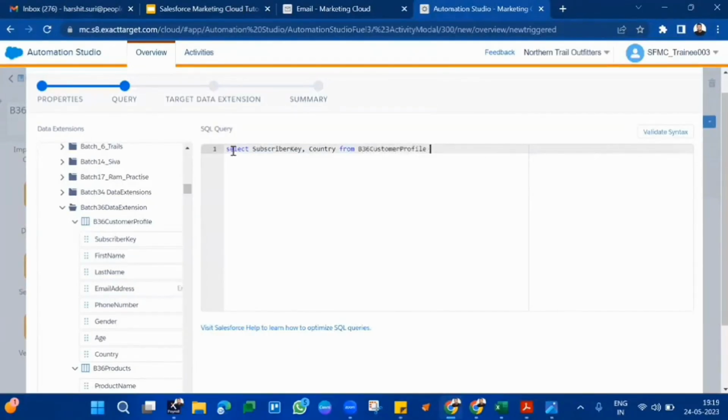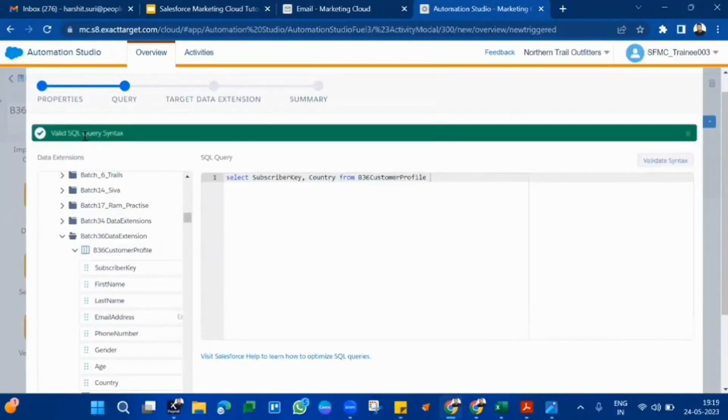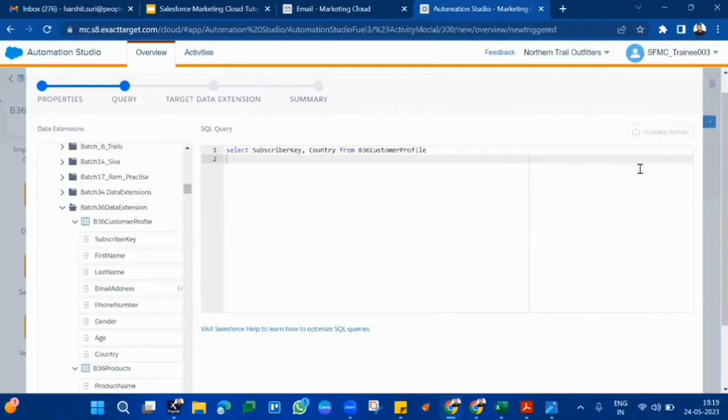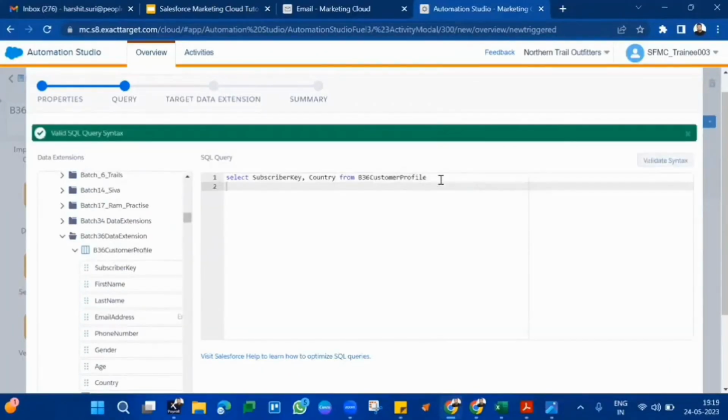So what we have done, we have written select subscriber key, country from B36 customer profile. If you want to check if there is any syntactical error or not, you can click on validate. If it is green, it means it has passed. If you make some mistake and it finds it, then it will give us the red color,